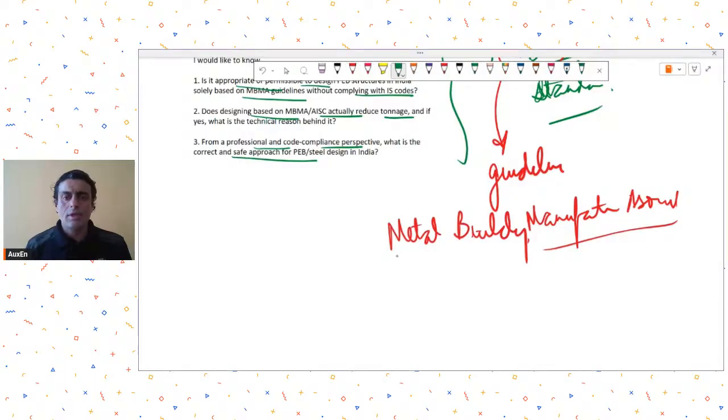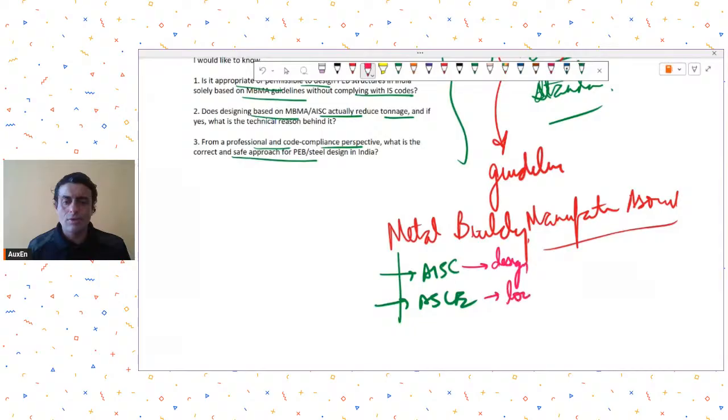Now, the design codes that they refer to are your AISC and ASCE standards. So MBMA is not a code in itself. It will refer you to AISC for design and ASCE for loading. Now the problem is,